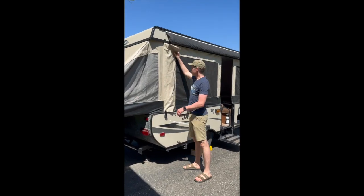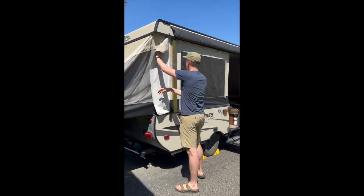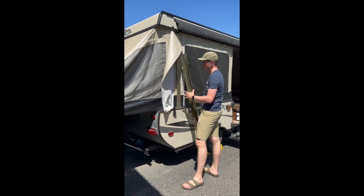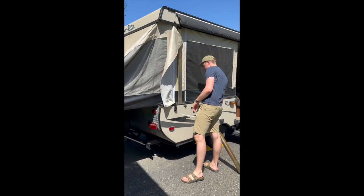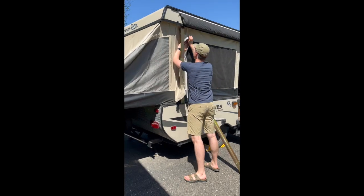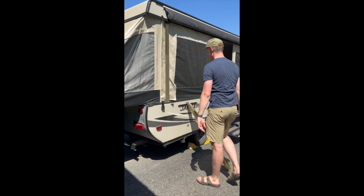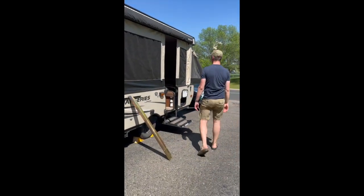Each one of the four corners has a little tarp over this post. Two of the posts have this brace. We'll take the brace off, tuck this panel right behind that post, okay? For all four corners. After we do that, we're going to